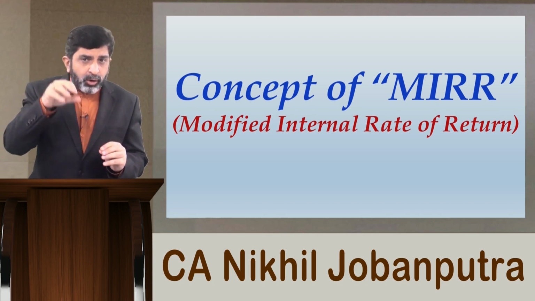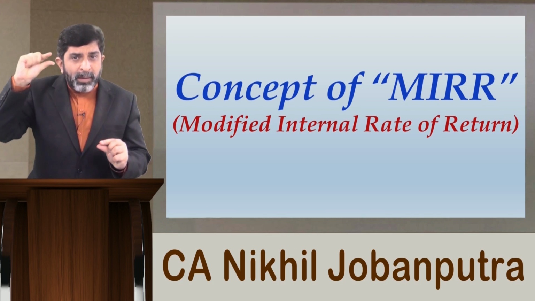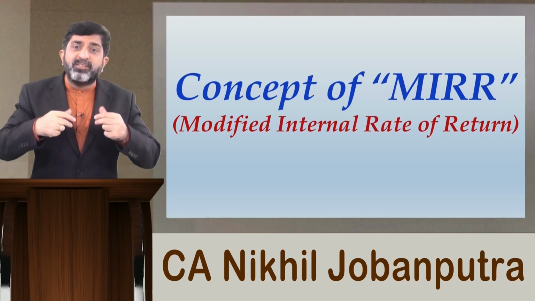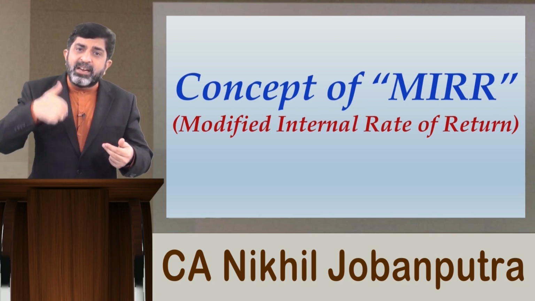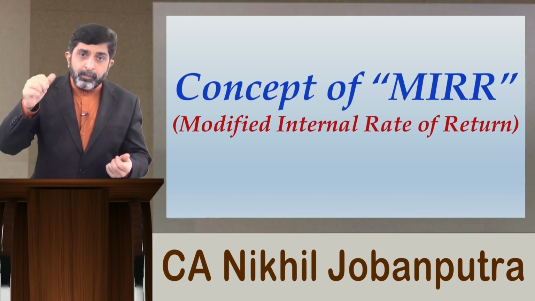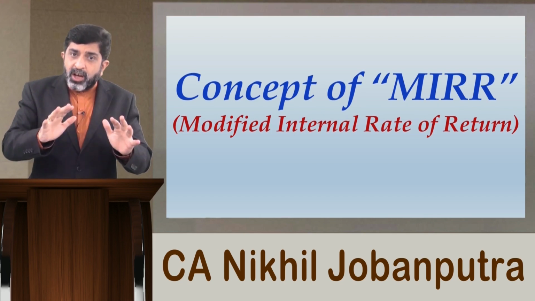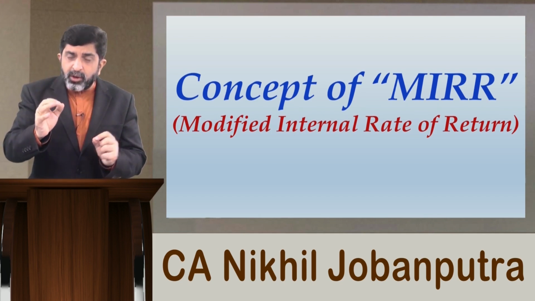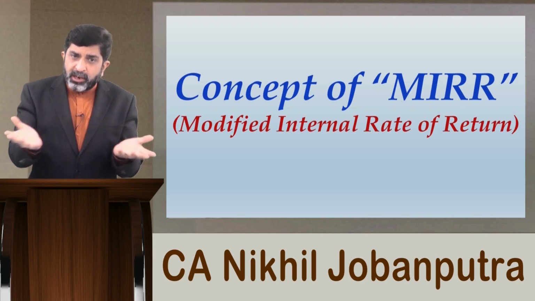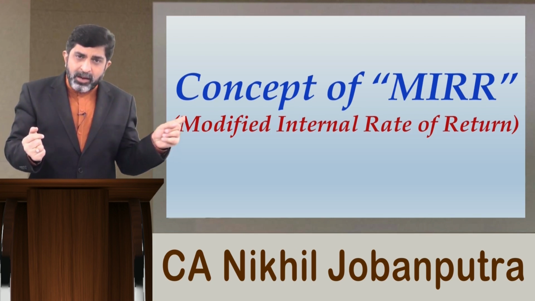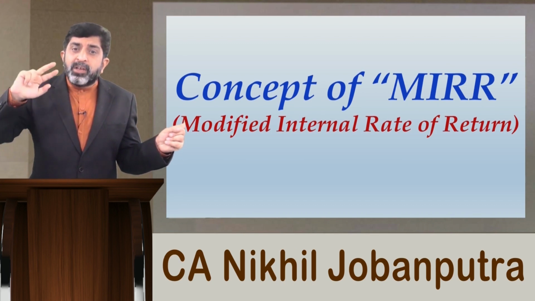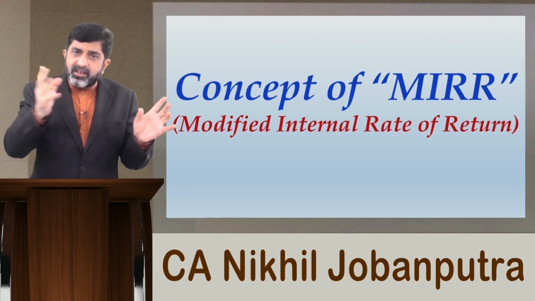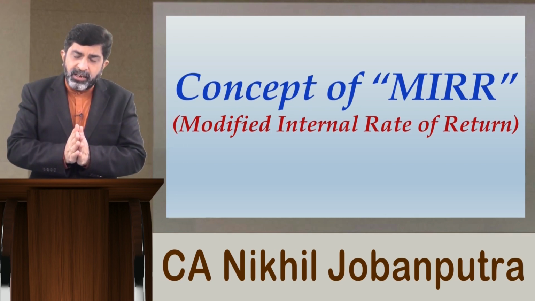But what is something wrong happening over there? When you pick the discounting rate of 15%, you are trying to assume that your cash flows will be reinvested at that 15% rate. But the fact is, if the expected rate of return, which is a realistic rate of return, which represents opportunity cost of capital, is 10%, you can never make cash flows reinvested at 15% rate or any other rate other than your usual discounting rate.